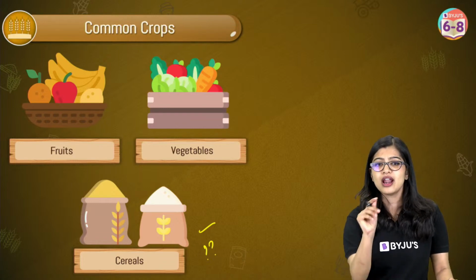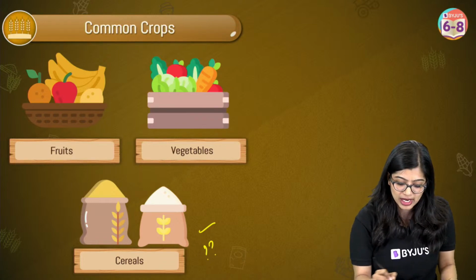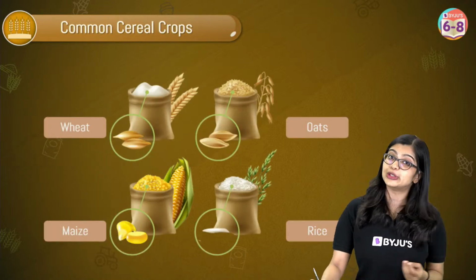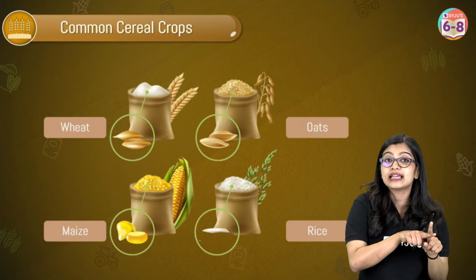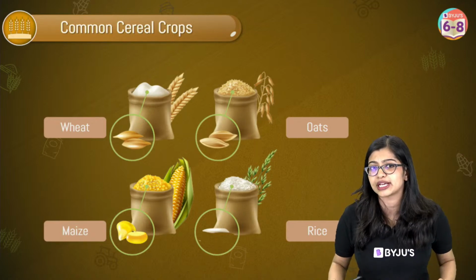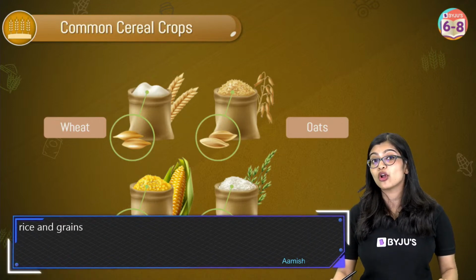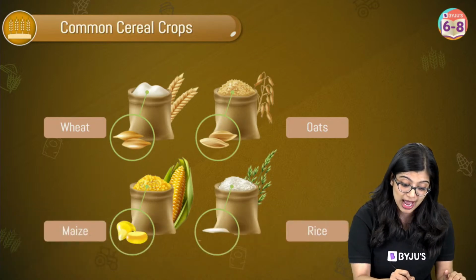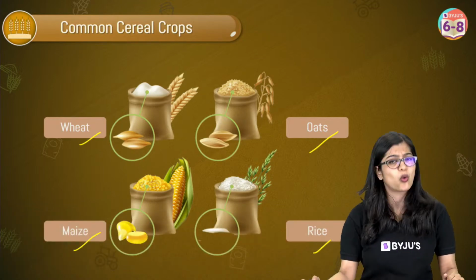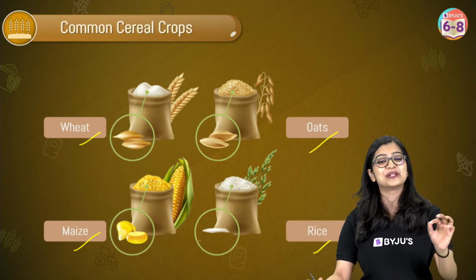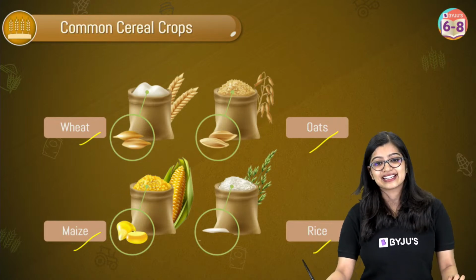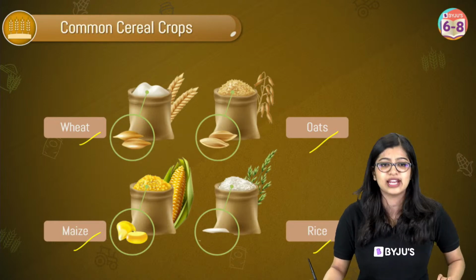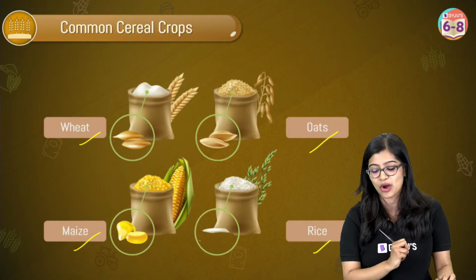Okay, so here I would like you to focus on the fact that when we talk about cereals, cereals are nothing but crops for which we will utilize their seeds. And these seeds would be rich in carbohydrates. While on the other hand, pulses are more or less rich in proteins, which is why we will not categorize them as cereals. Which is why wheat, rice, maize and oats are all considered to be some examples of cereal crops. Yes, I can see a lot of rice, maize and wheat in the chat. Very good guys, very good. They're all some examples of cereal crops.